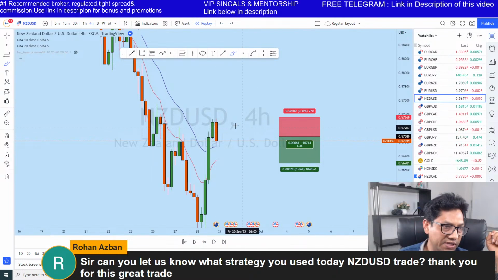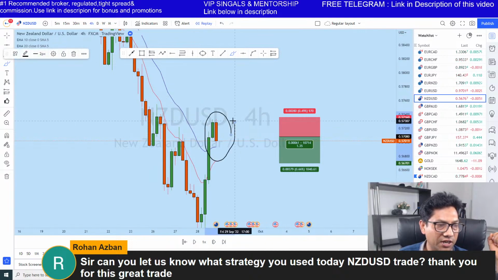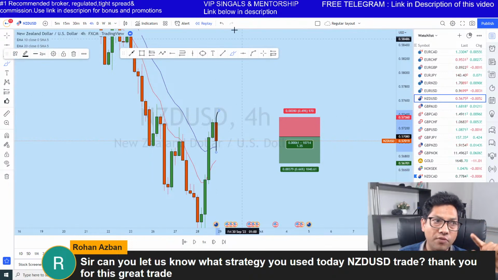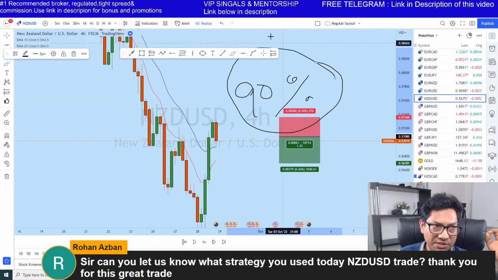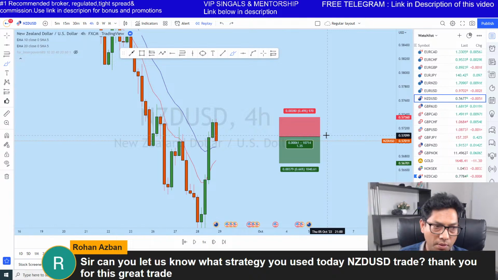Okay, so what we have seen, the price is overextended to the upside. You can see this is an overextended market, and we have seen a bearish engulfer formed in the direction of the trend, above the 20 period moving average. So this is a 90% probability trade. Most of the time I try to take at least 90% probability trades. A 90% probability trade means that out of 10 trades, at least 8 to 9 trades should be winners. That is what I call a 90% probability trade.